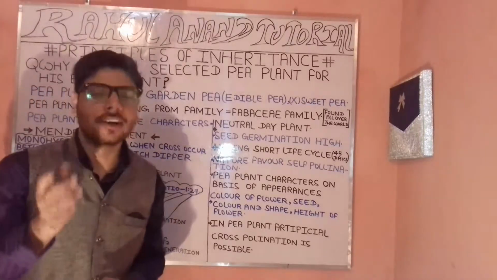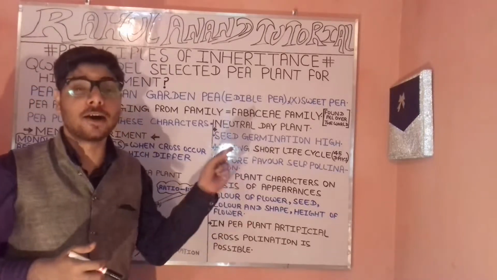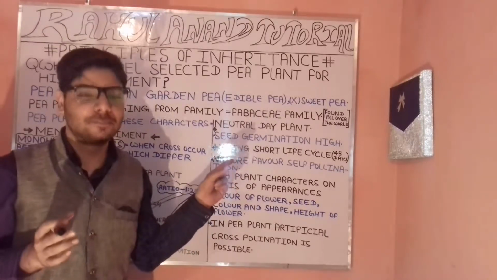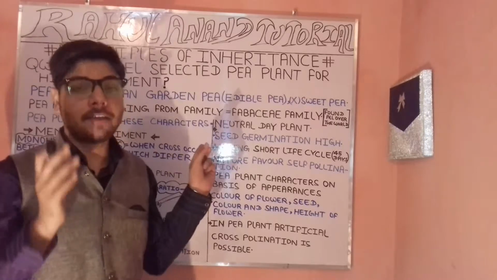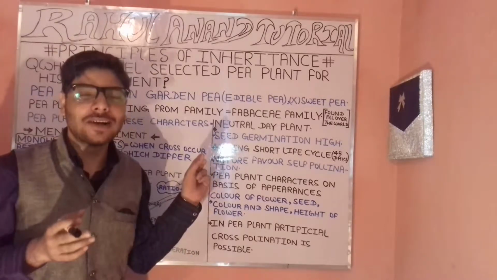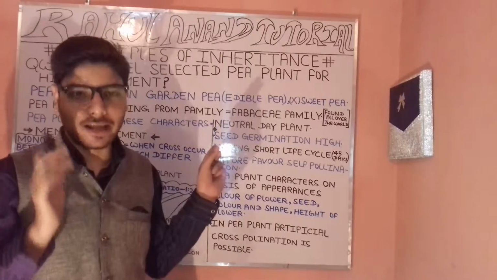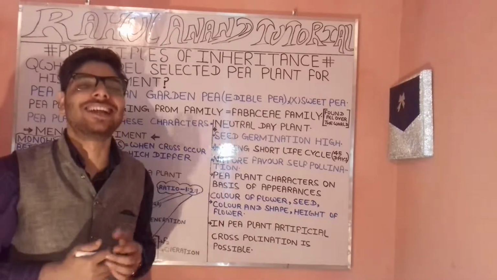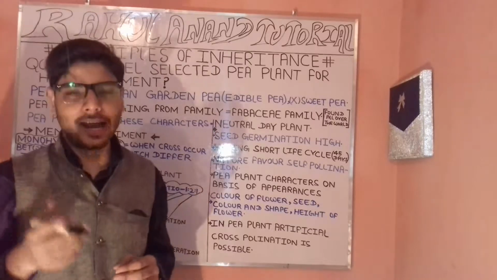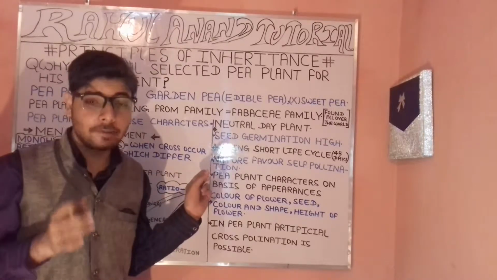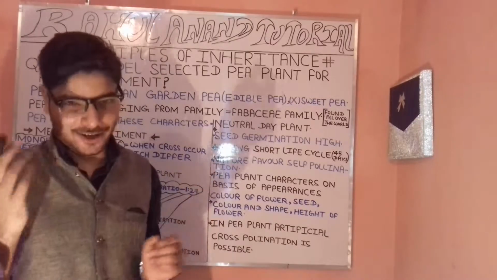I thought you have got the concept. Why did Mendel select the pea plant for his experiment? What are the different types of cross given by Mendel's experiment? There are literally 7, in which we have the monohybrid cross, the dihybrid cross, then the polyhybrid cross, or rather the trihybrid cross. So we have read about the monohybrid cross.